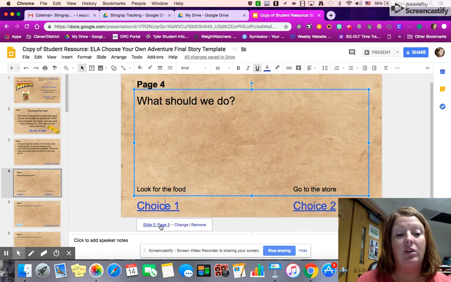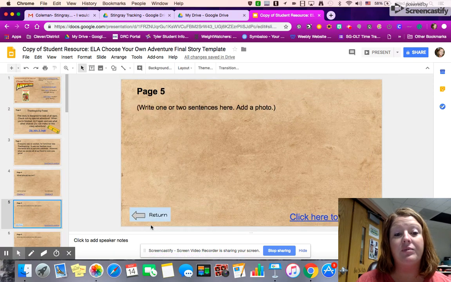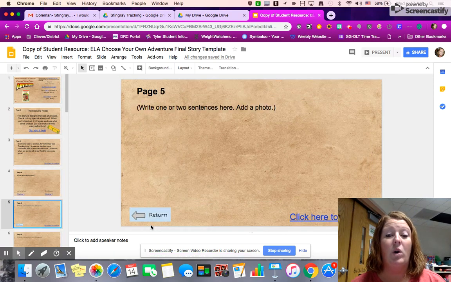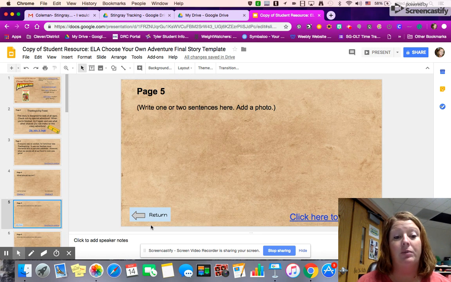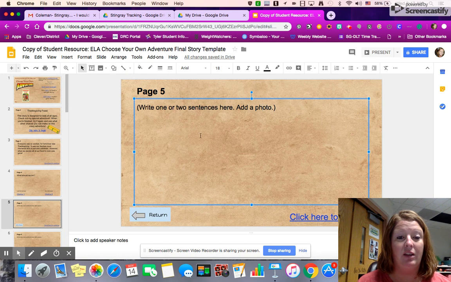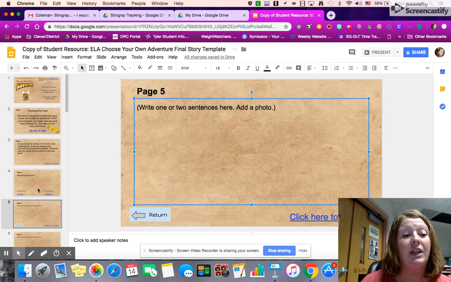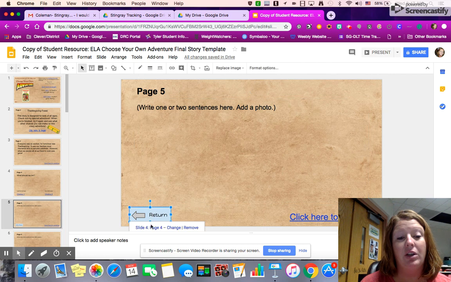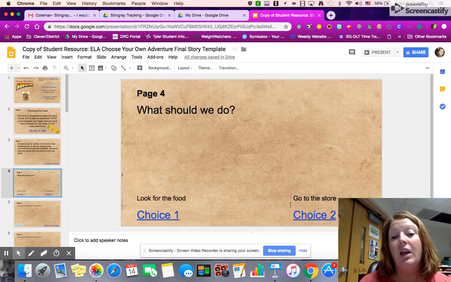And if I scroll down, you see how that kind of popped up down here. I'm going to go to slide 5. This is what I have to fill in next for try to find the food. Okay, so I would just click in this box, erase this, and start writing. And then I go back, so I press return, go back to slide 4, and then I do my